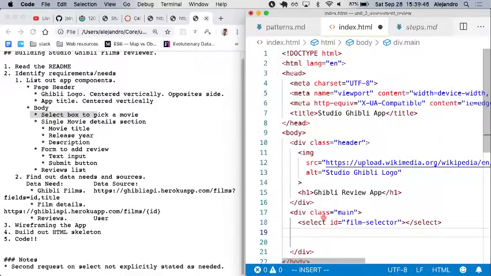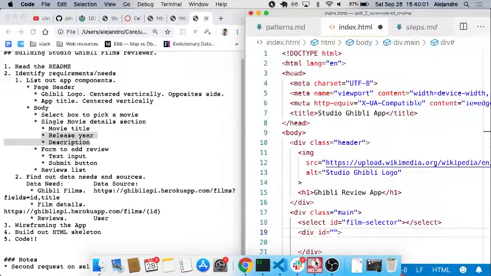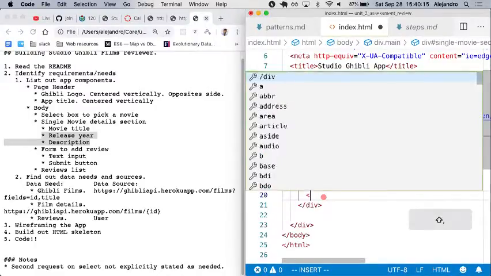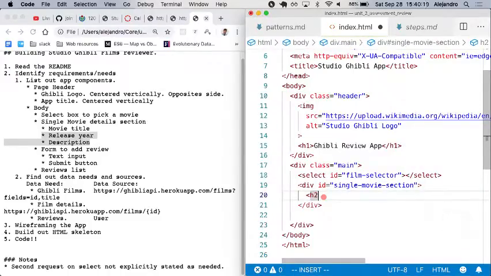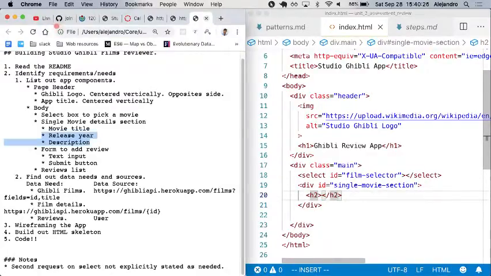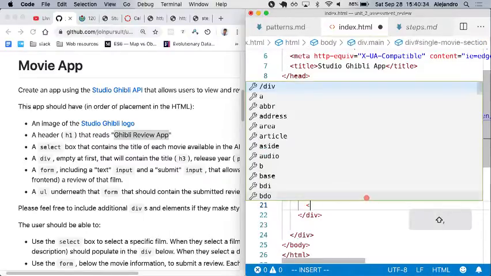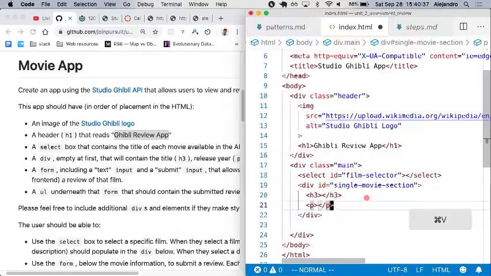So we have that. Then we have the single movie details section, and we see that it's going to have some stuff inside. So if it's going to have other stuff inside, I'm going to create a div. Maybe let's give it an ID of single movie section. Let's leave that. So here we could create these elements. Let's do an H2 for the title, a P tag... wait, what did we say in the instructions for the title? H3. H3, and then a P tag for the release year, and another P tag for